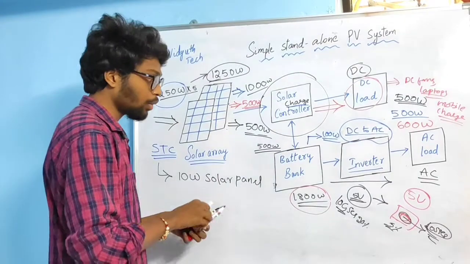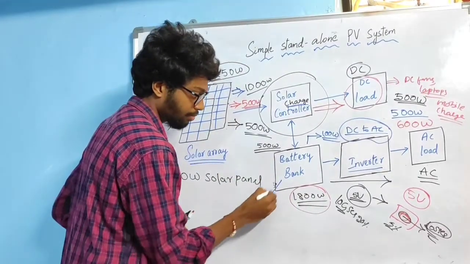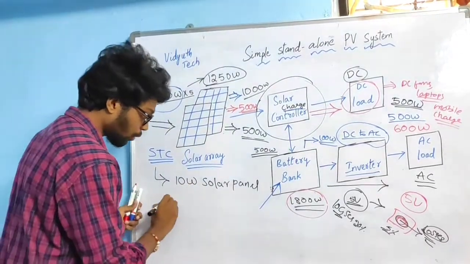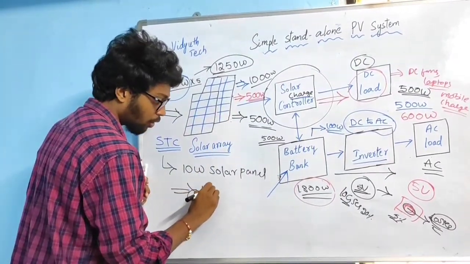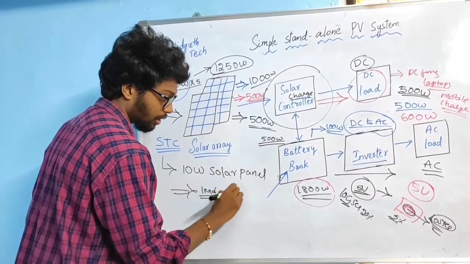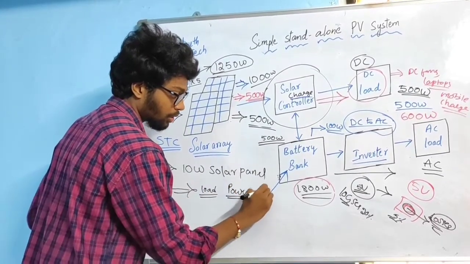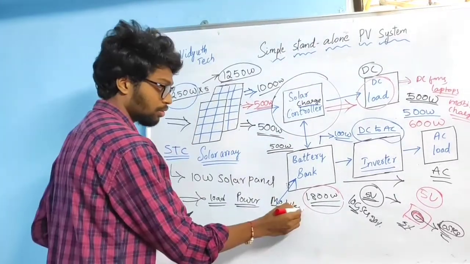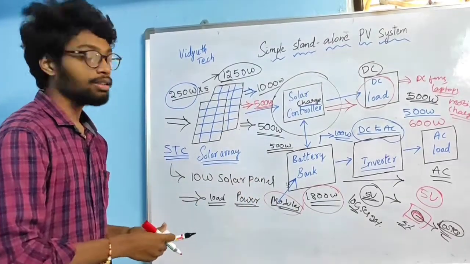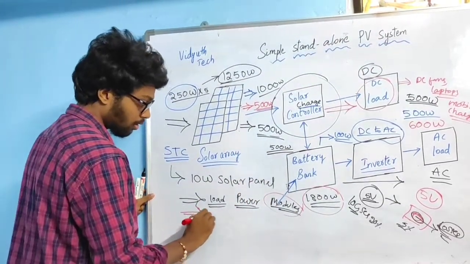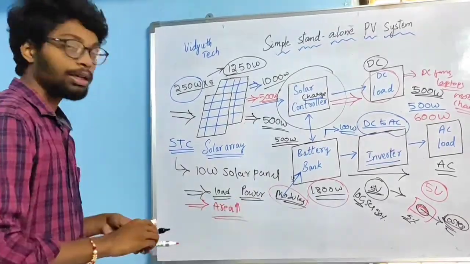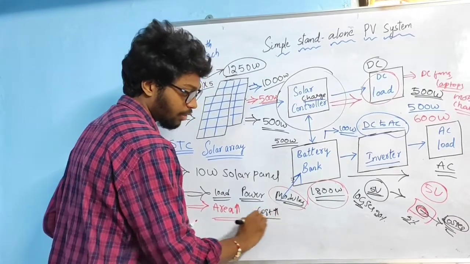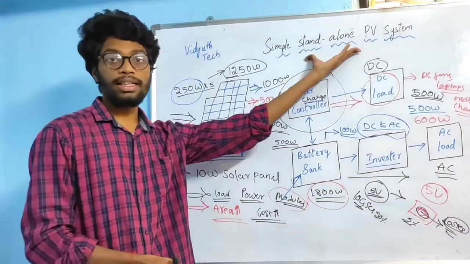Friends, here you can see you are going to use battery banks. Here you can see modules. If you have more load, you are going to use more modules. More load requires more power generation, so you require more modules. We have to have area also. That is the main criteria. So area also required more. What about the initial cost or capital cost? High. That is the disadvantage of this standalone photovoltaic system.